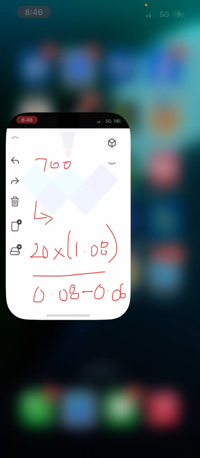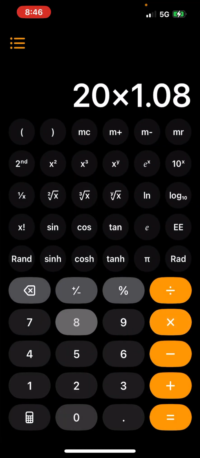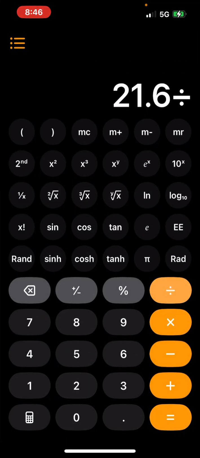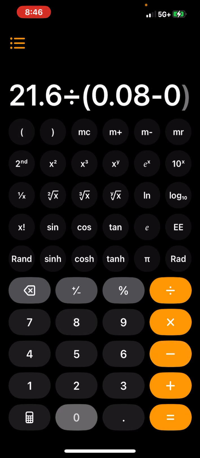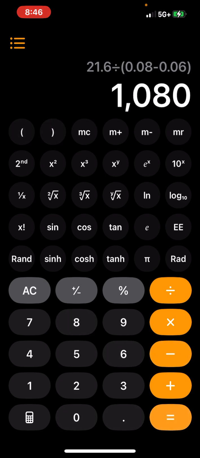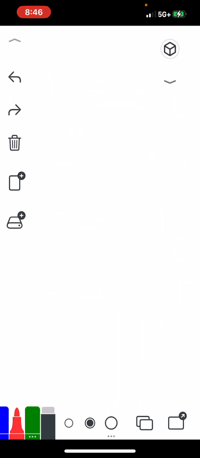So this is 20 times 1.06, divided by 0.08 minus 0.06. This is 1,080. So notice as the growth rate for dividends went up from 5% to 6%,